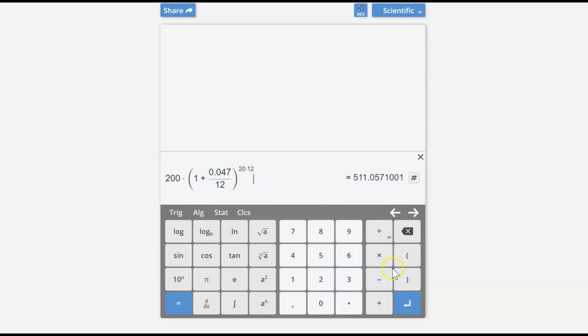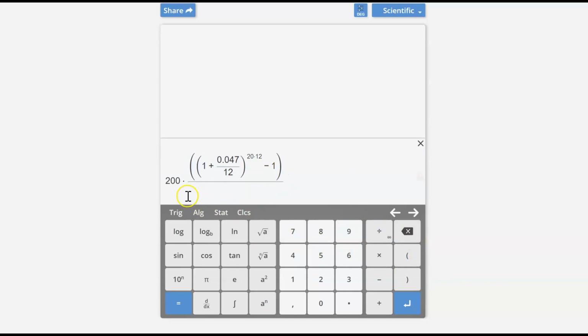Then in the middle, minus 1. The whole thing here is our denominator. So let's put a parenthesis for that here. And then divided by